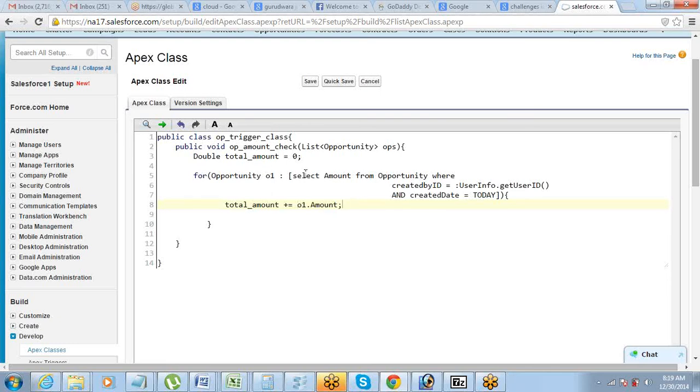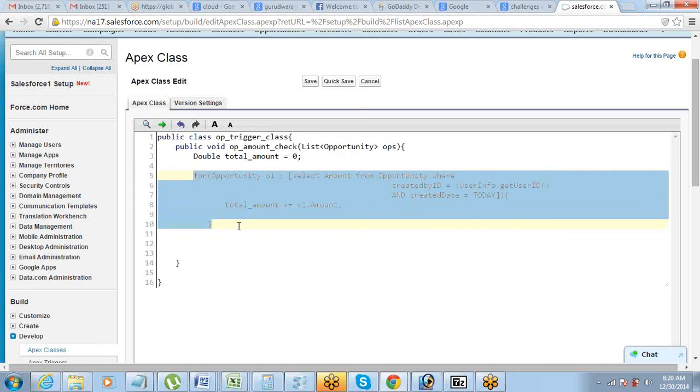So every time this loop is running, the value of the O1 amount is getting added into this. So initially it was 0. Initially when the method runs it is 0, and every time the loop is running the value keeps on getting added. So if there are 3 such records, this loop will run for 3 times and all the values will get added to this total amount. So total amount becomes a sum of all these records. That is one thing which we have done. Now one loop is done. Secondly, I need to consider the records. So this part of the code will help me get a sum of all the existing records.